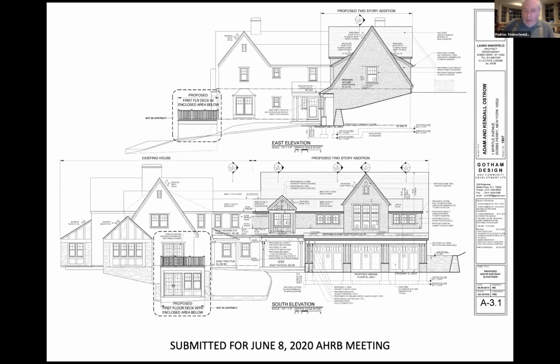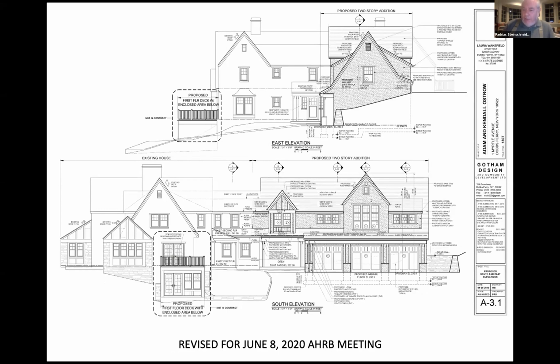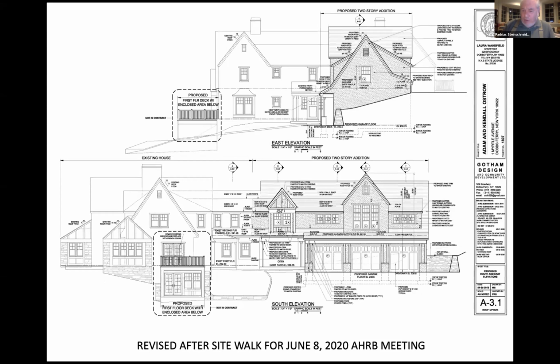So we went literally back almost to where we were, except this does still reflect all the other cuts that we made. For example, we originally had an entrance to this. We had a staircase going up. What we are looking at is what we are submitting. This was what was submitted, and then I did a revised one that I shared with you. And then you and I had a conversation at the site walk. So we've reduced that further. Okay. So we got this down to the minimum that we can,